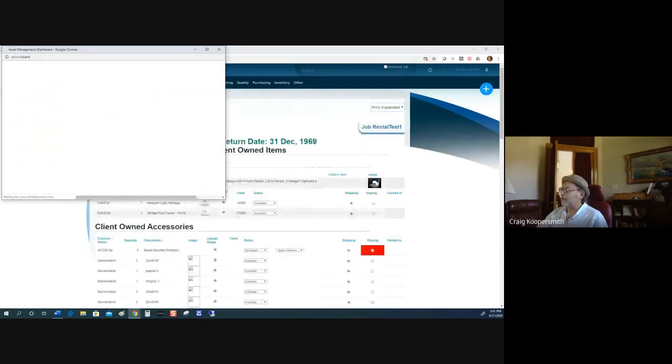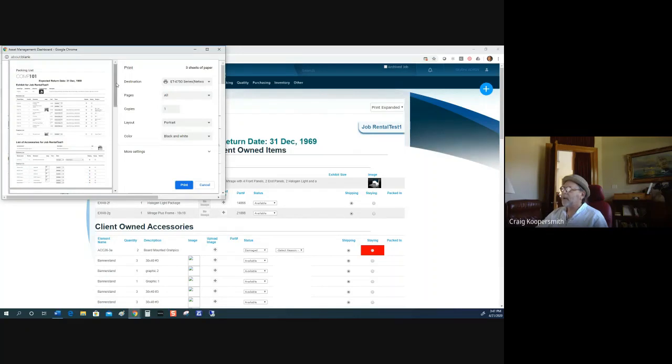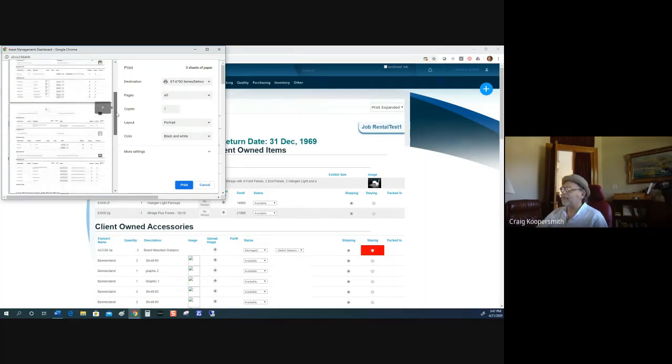Okay, so first we're doing the print expanded. I had to allow pop-ups. So let's see what the expanded print looks like. This should print out. Yeah, this is just a print of what we've done,